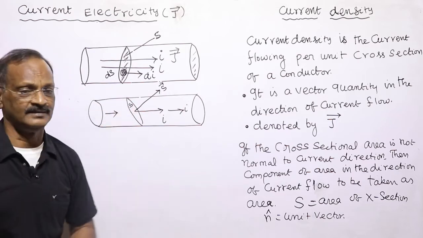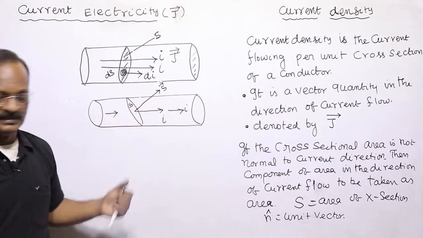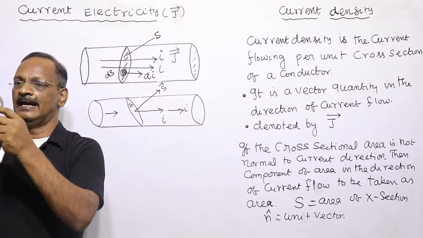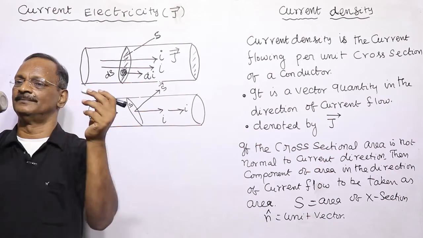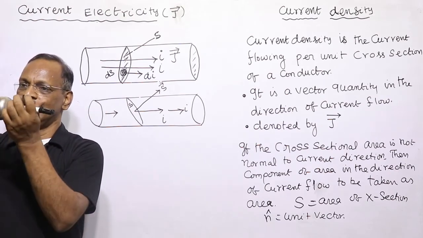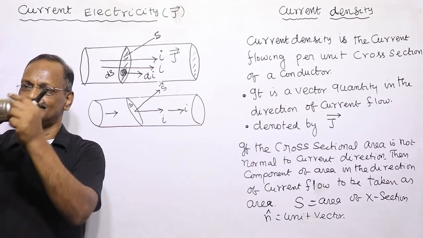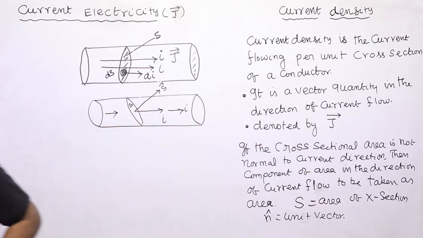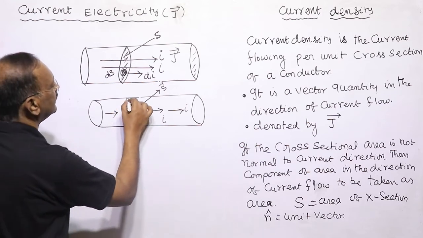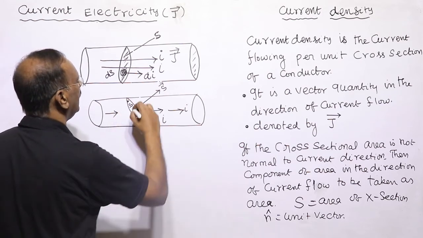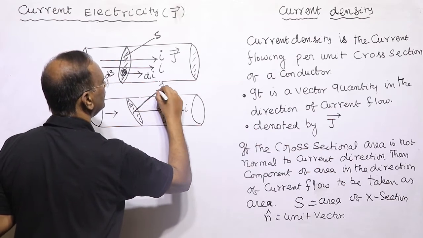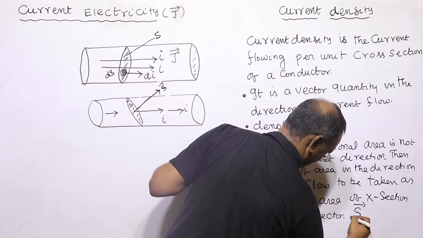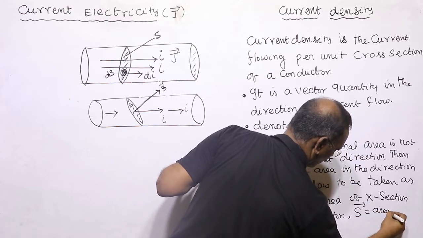What do you mean by the S vector will be like this? See, suppose this is the area S of this face, and its vector is always perpendicular to its face. This is area S, and the area vector, that is the S vector, will be exactly perpendicular to this face. That is why, if this is the surface area of the cross section, exactly perpendicular to this will be the area vector.